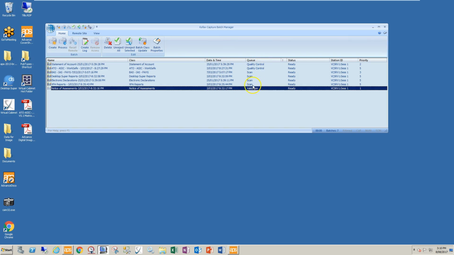So I'm going to hit the F5 key to refresh it, and it says that the next stage of the queue was to go to validation. However, because I had split the document, or I had actually changed the form, I'm going to send it back to the recognition process. After recognition, it's going to come back again to quality control,